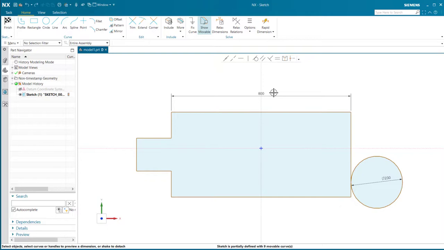Now I can do the same thing but with dimensions. So if I need to create some dimensions, I'm going to click and drag this out here like this, click out and away, and then I'm going to do the same thing here to create some dimensions. I want to lock down basically this part. To give you an example,